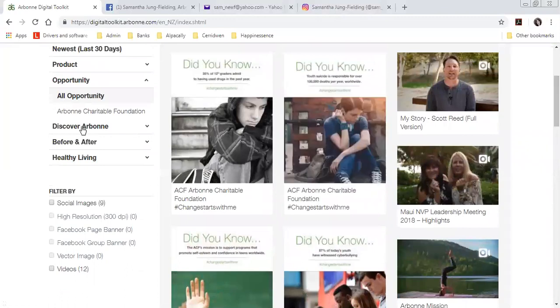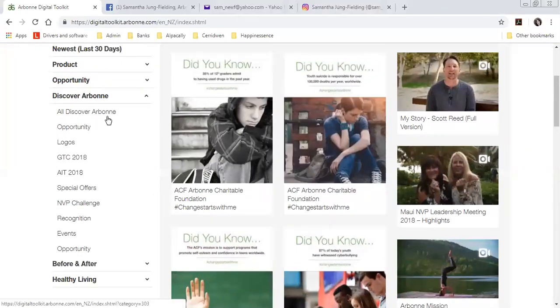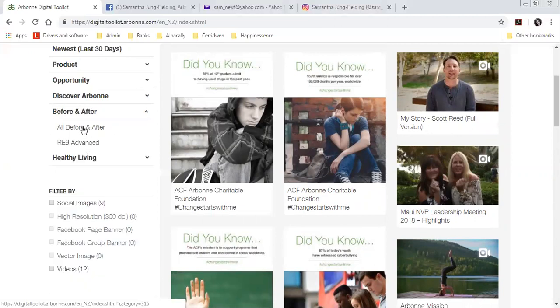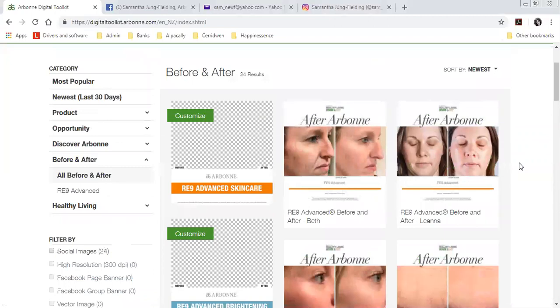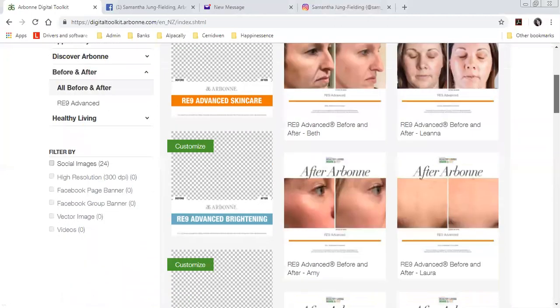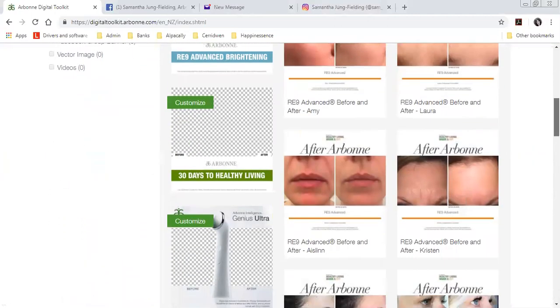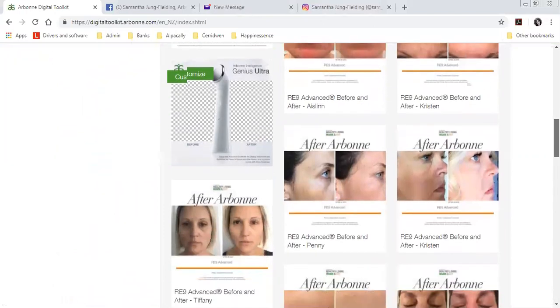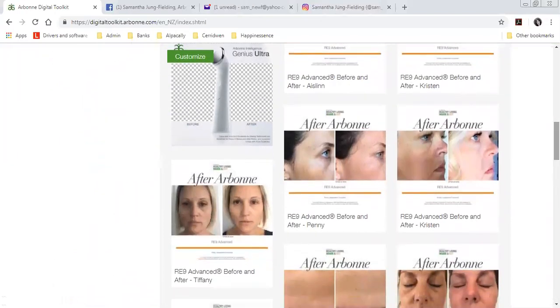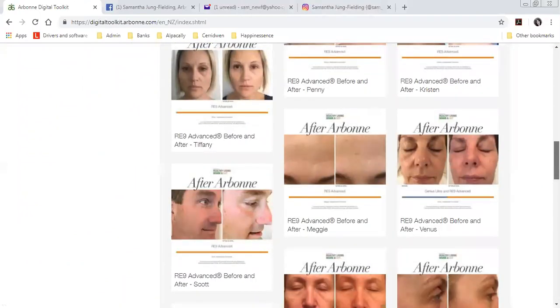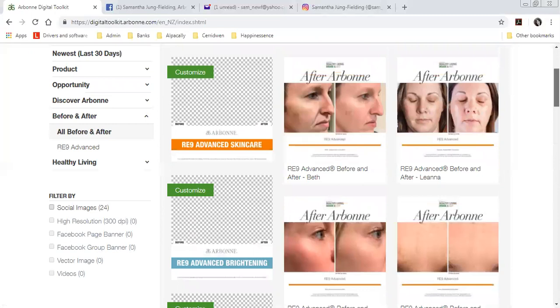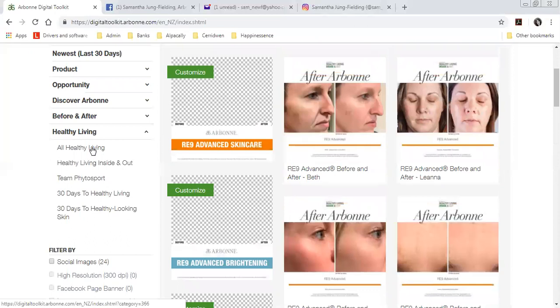Now, once again, it's fairly obvious what we're doing here. We're whipping through the Discover Arbonnes, and you'll notice that there's been several categories underneath this. The before and after photos. Now, these are excellent because these show you images from real Arbonne people who have utilized the products and the results that they've had. And I will also show you, before we stop our recording today, how you can upload your own before and after photos so that you can have yours here in the digital toolkit for others to take advantage of. And finally, under healthy living,